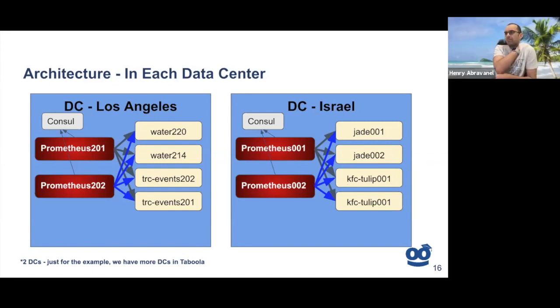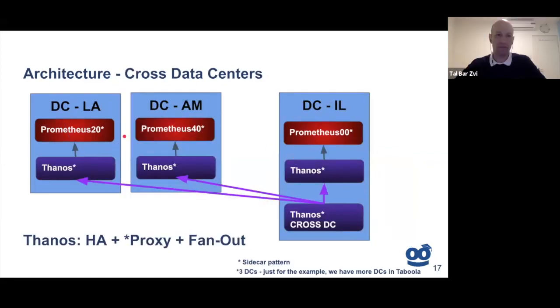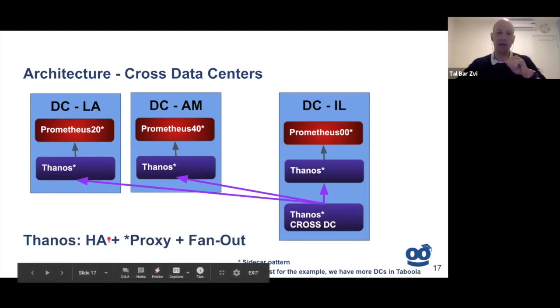Thanks. Okay. Then in addition to Prometheus, we have Thanos. Together with Prometheus, we have Thanos. Thanos is not a database. Thanos acts like a high availability solution, like a proxy, and there is an additional Thanos in Israel that acts like a fan out